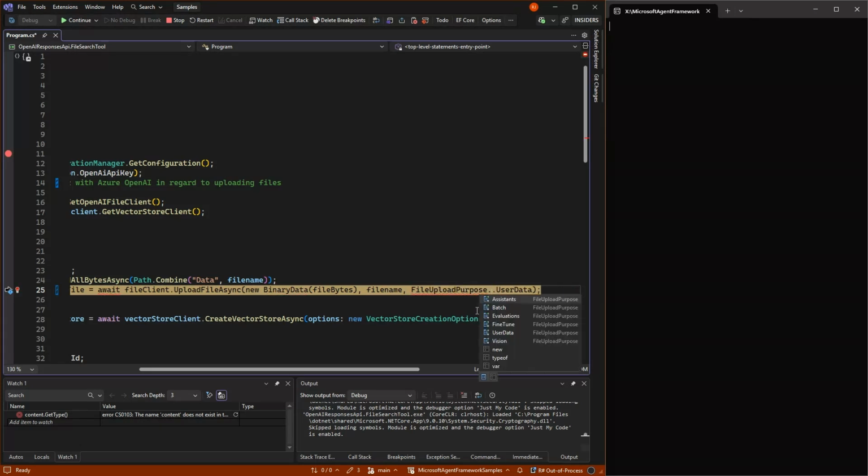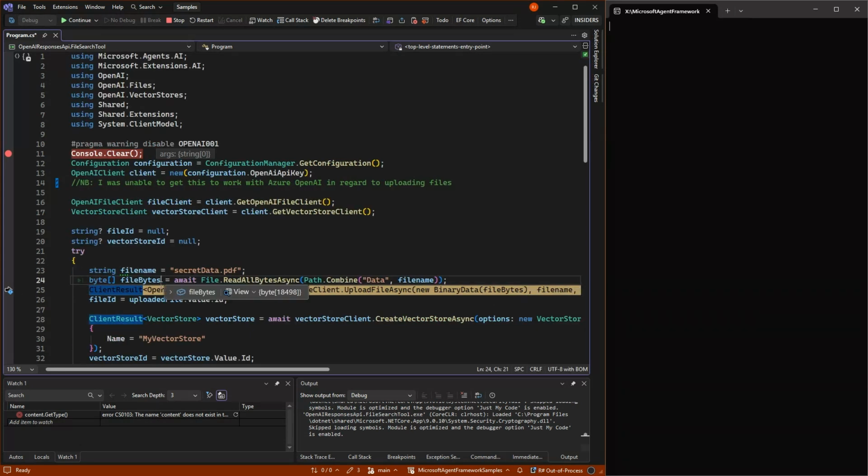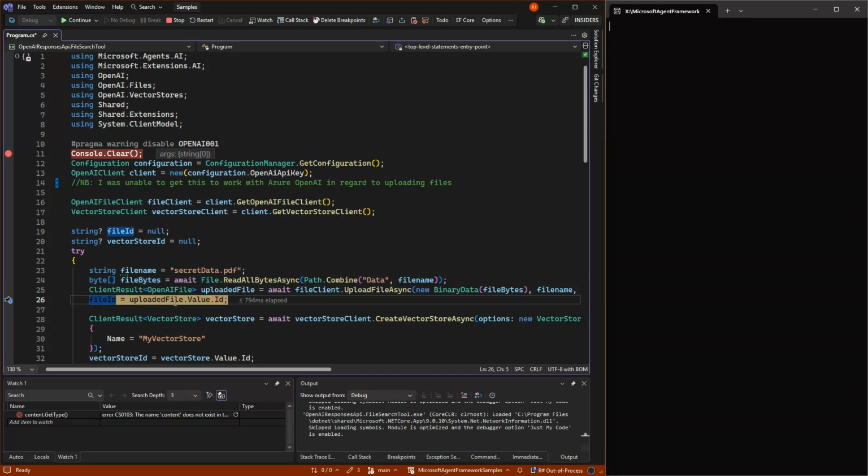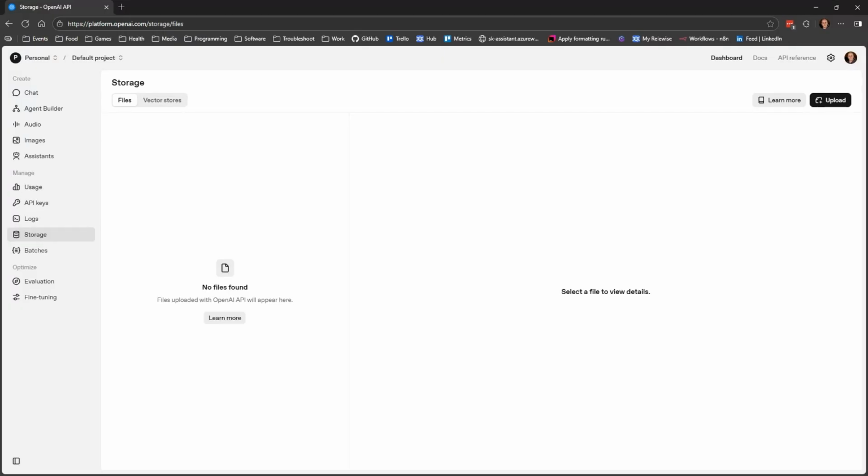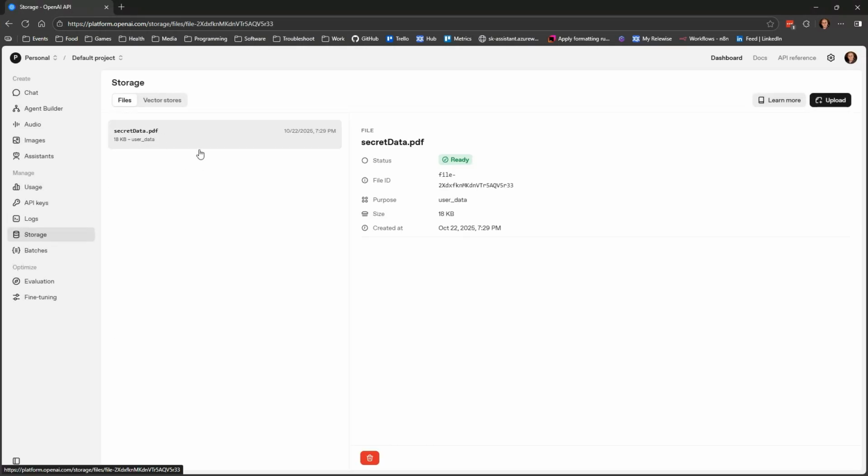We can send it to other things like batches, fine-tuning and such, but that's not what we need here. We just want it as user data. So we have now uploaded the file, and we should be able to go here and refresh and see our file up here.